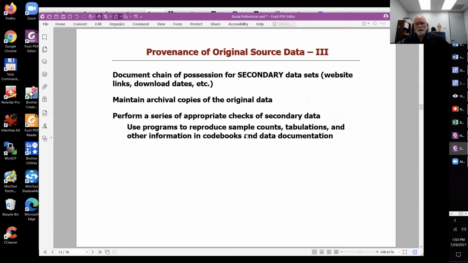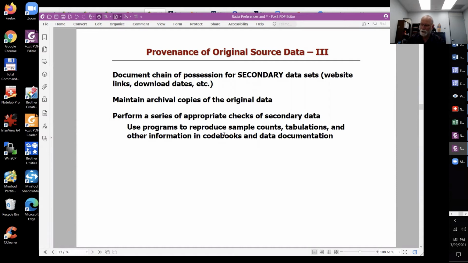And there should be a variety of checks in your programs, we'll talk about this a little later, where your programs take the original data, reproduce sample counts, tabulations, other kinds of information that is found in the original distribution